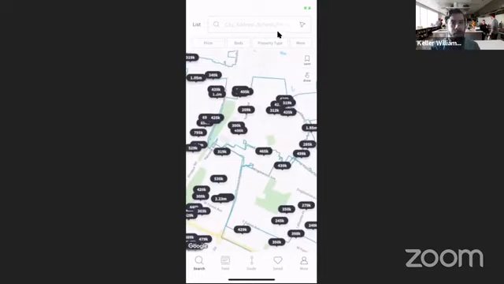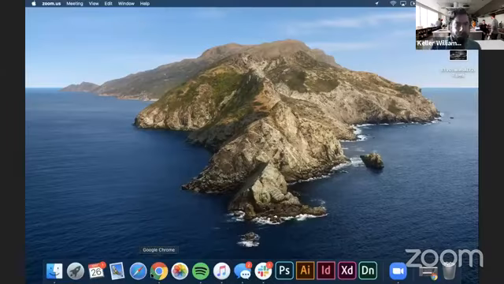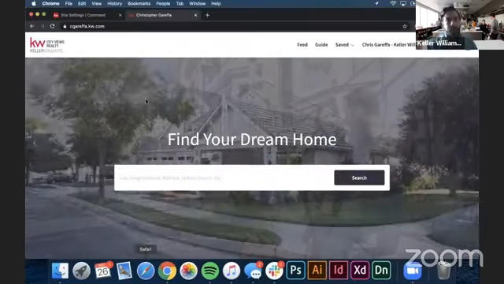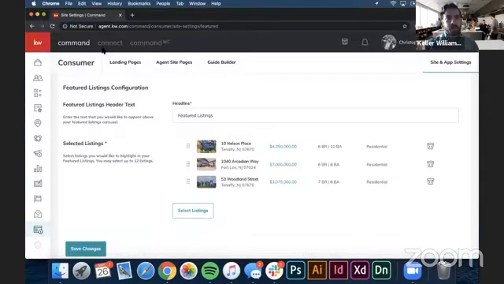Let me stop sharing my phone because I want to just show you some of the functionality within Command of how it works with the consumer experience specifically. All right, so let's go back into Command. So if you recall, I had